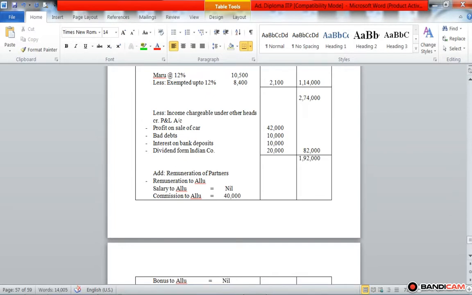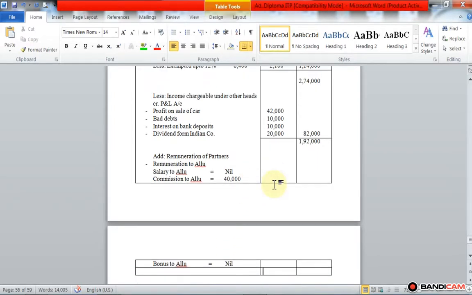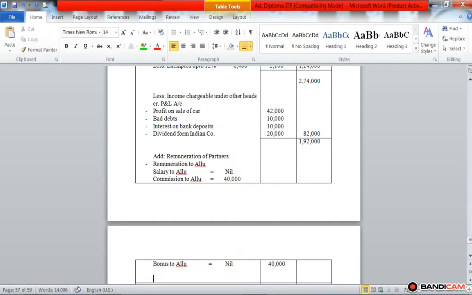Okay, then make the total of Alu's remuneration, so total is equal to 40,000. Okay, so total is equal to 40,000. Then compute the remuneration